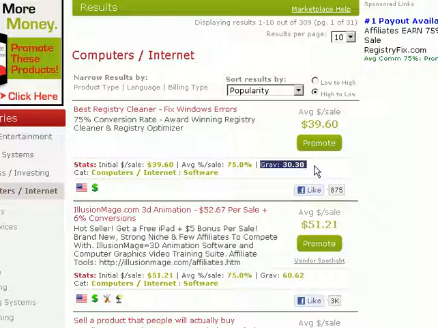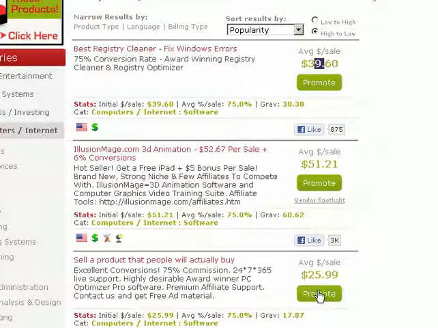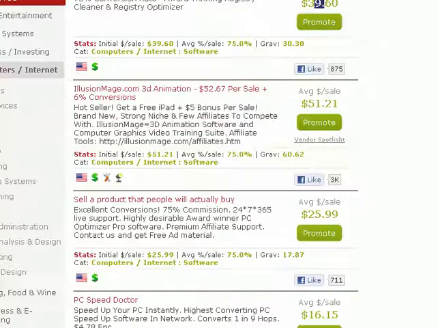Finally, depending on your preference, average earnings per sale, so how much you're going to get per sale. Here it's $39, $51, depending on the price of the product and the commission. It will tell you the average price per sale. So that's how we can determine profitable affiliate products through ClickBank. There's another way though. Go into Google